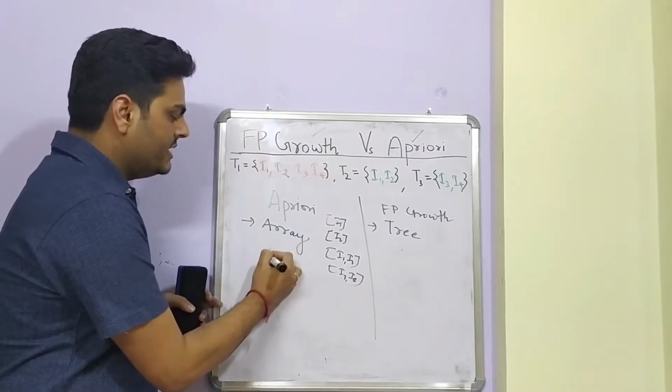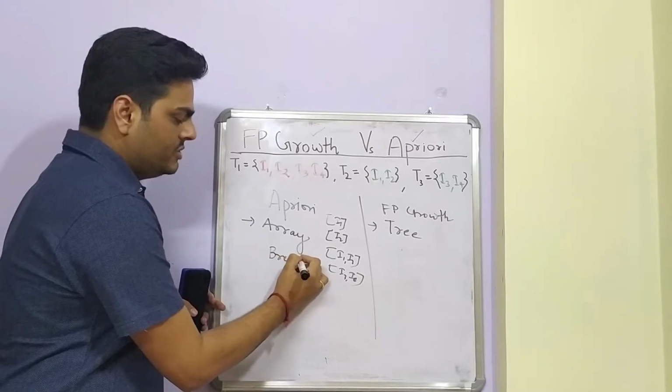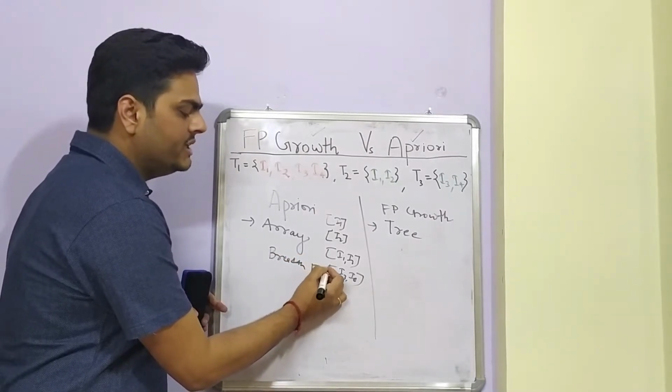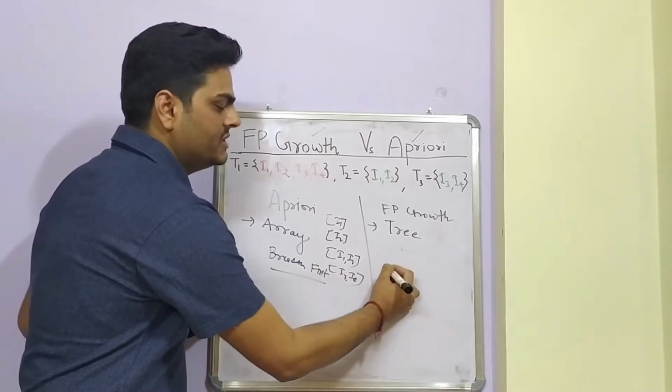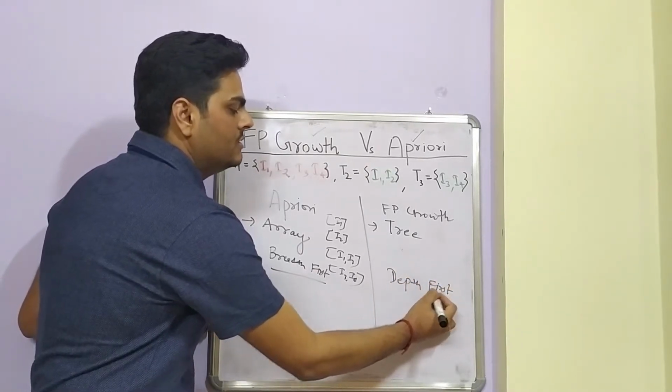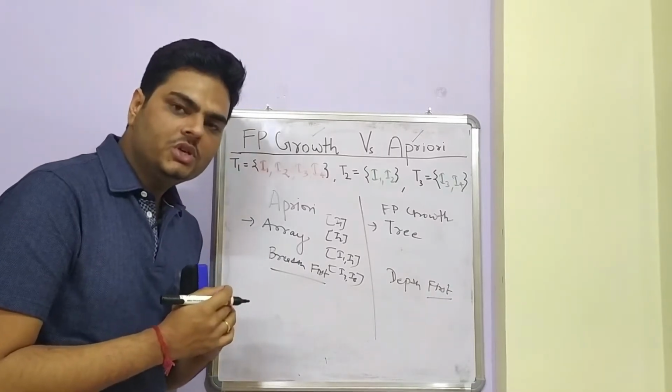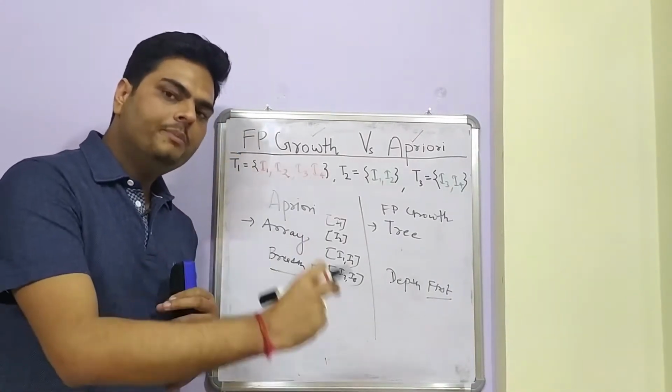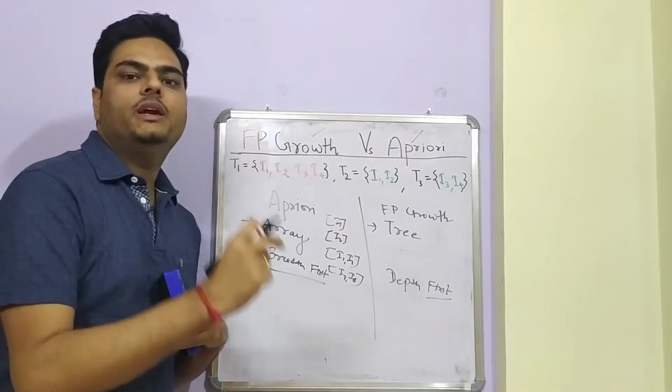What I mean by that is breadth first approach, not the depth first. This is a depth first approach. In breadth first approach, all the candidate keys will be kept in the array, each as one index.